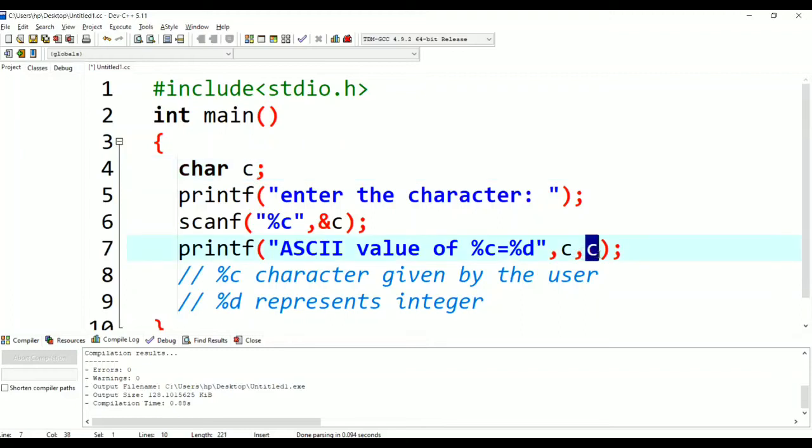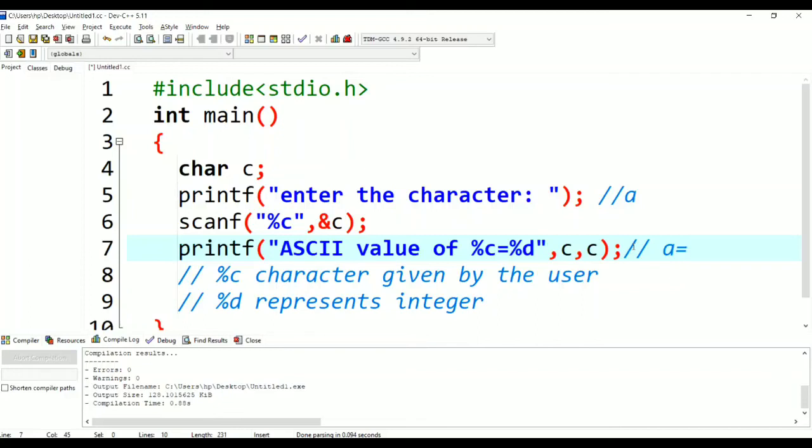This second c represents the integer value which we get from the character. When I give %c equal to %d, this %c is whatever he had given. If he gave small a, then %c is nothing but a, right?